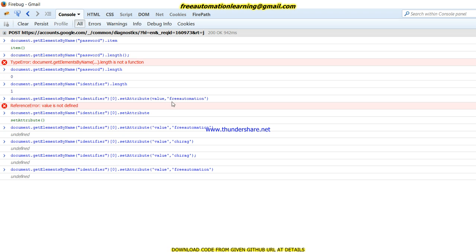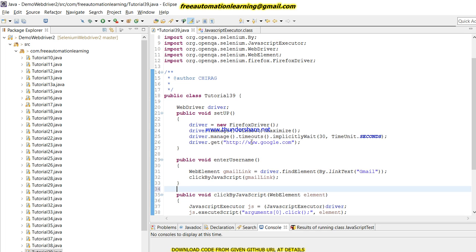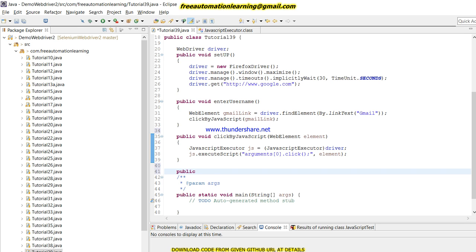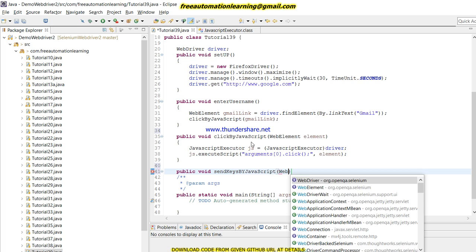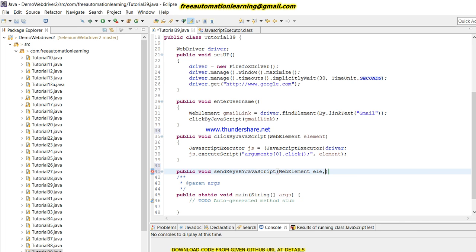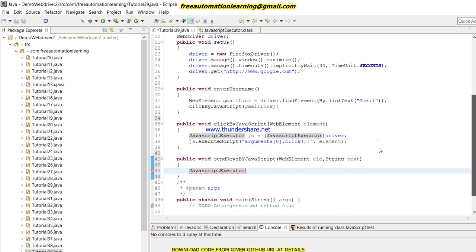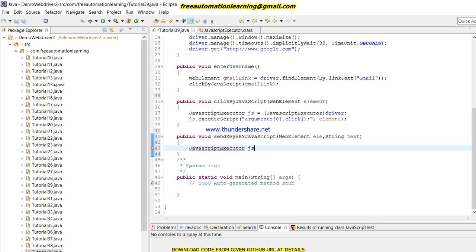So this is the syntax for how we can use this JavaScript in the console, right? So I will create a method for the JavaScript here. In this I'm going to use public void sendKeys by JavaScript. Here I will pass a web element and also pass a string text. Same thing, JavaScript executor JS is equal to